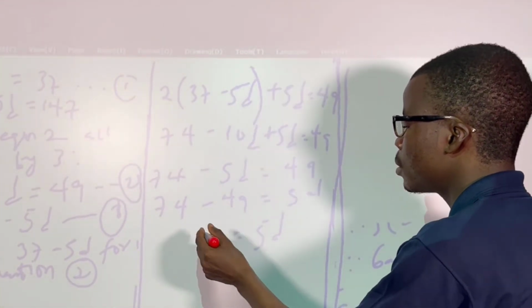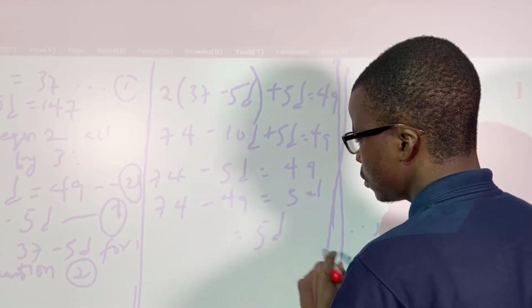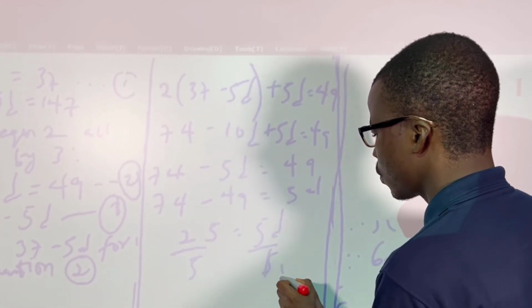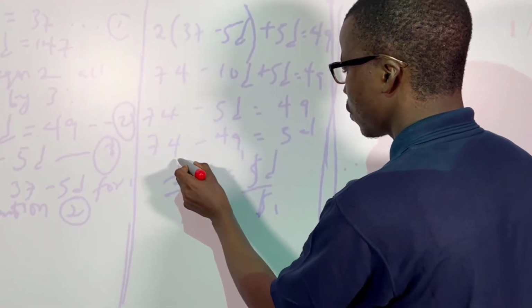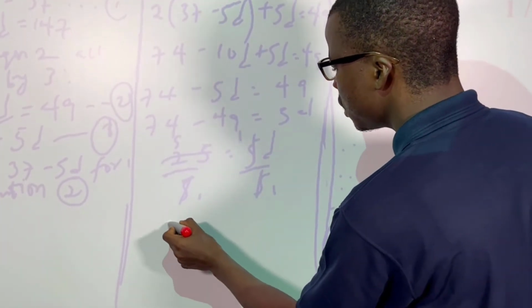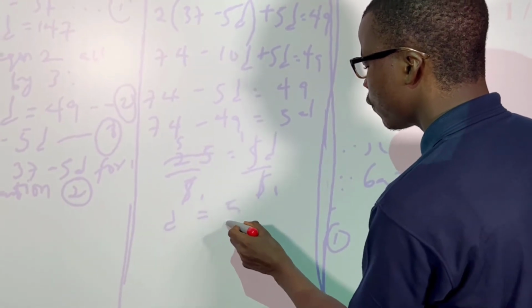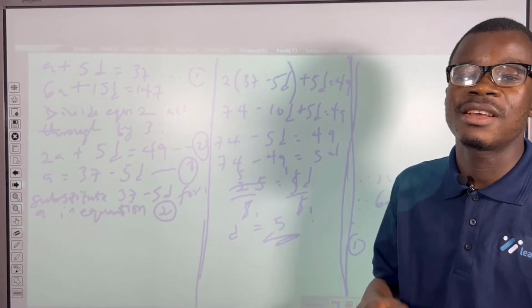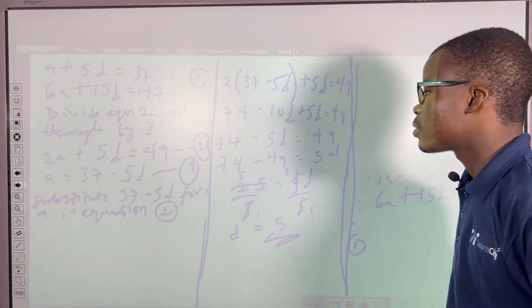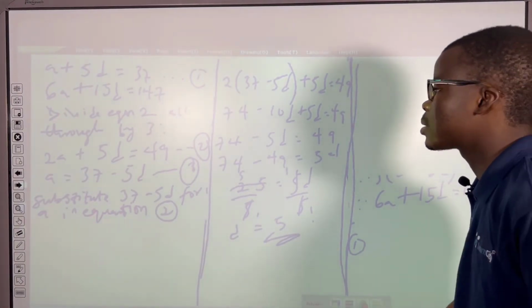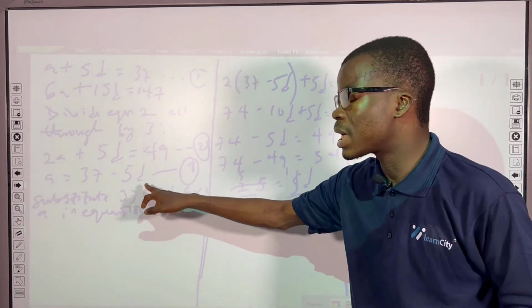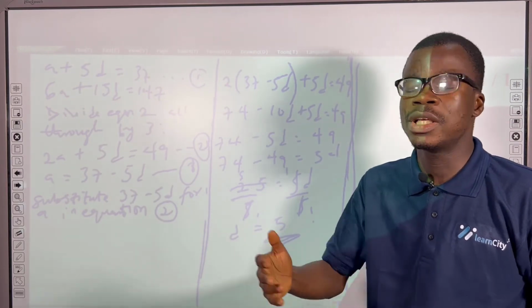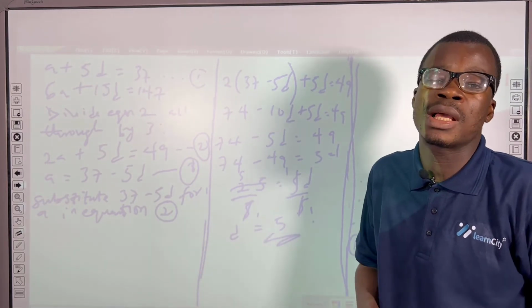That's actually going to be 25. So divide both sides by 5. We have our d, the common difference, to be equal to 5. But don't forget, the question didn't say we should find the common difference. The question says find the first term. To actually get the first term, since we have an equation that gives us a directly,